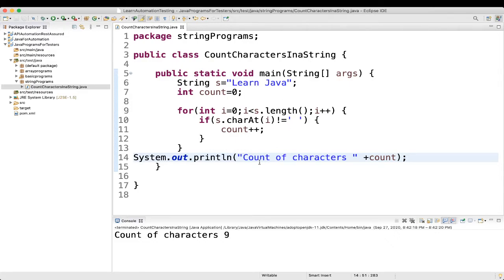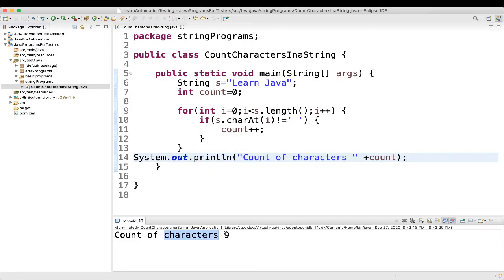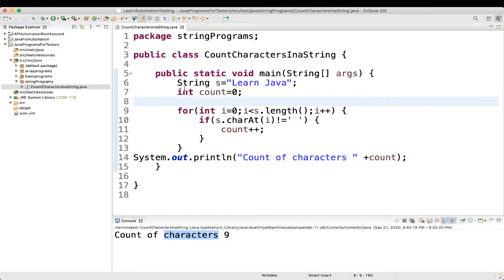Let's understand how we got this result as 9. First we have taken a string having the value learn, then space, Java. Then we have taken another variable count, type integer, and assigned 0 to it. Then we have written a for loop for int i equal to 0, i is less than s.length. What is the length here? The length will be 5, then there is a space, then 4. So in total it will be 10. Then i plus plus.